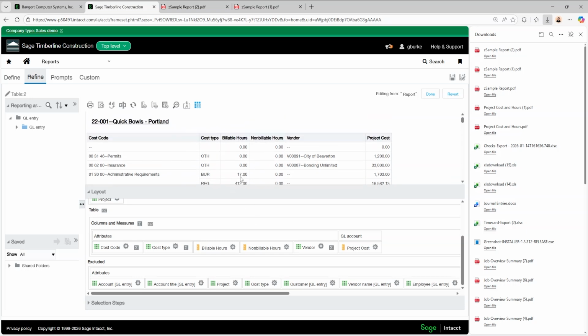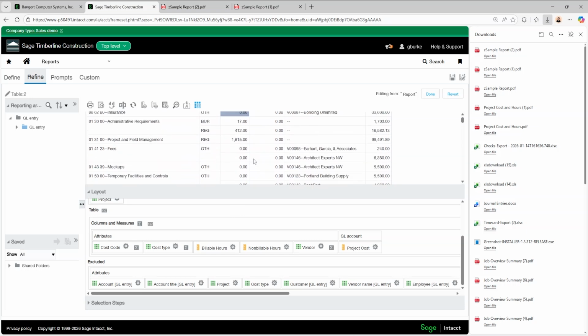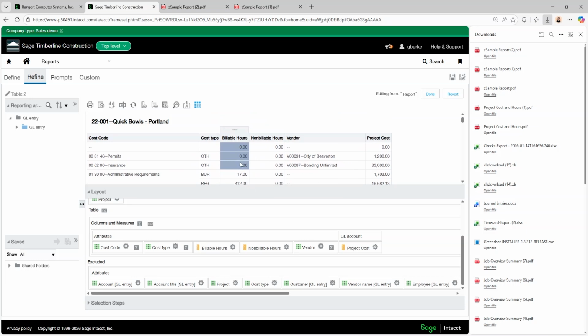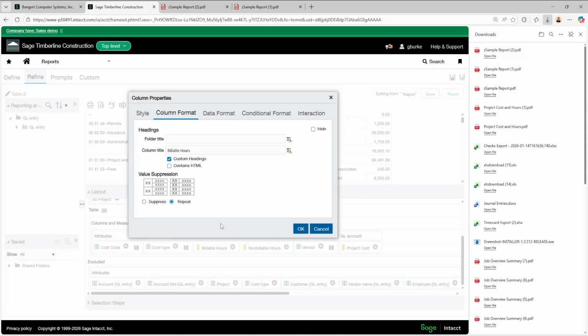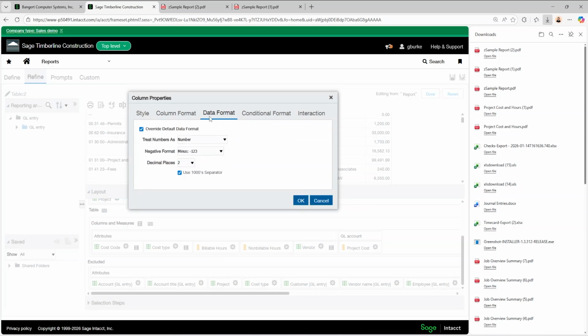From there, my billable hours right now, we have the double decimal. Some people may just want to see this rounded. So we're able to get rid of those decimals by updating the data format. So once again, I'll find that column, go into column properties, and then on this data format page, I've already overridden the default data format.